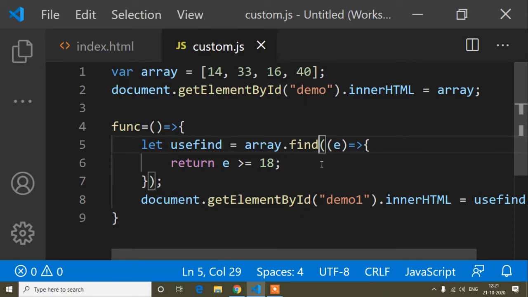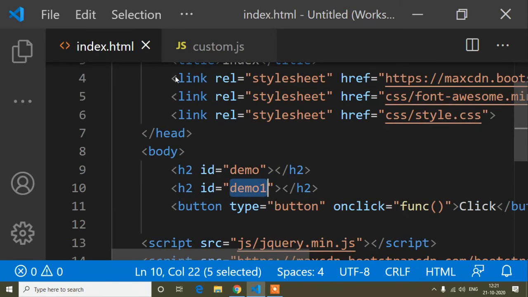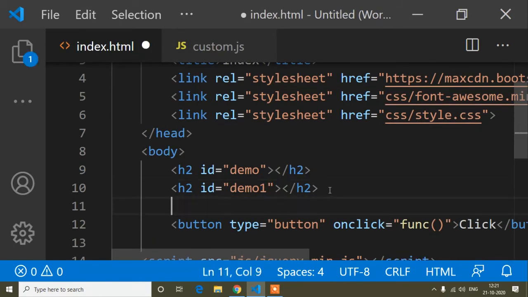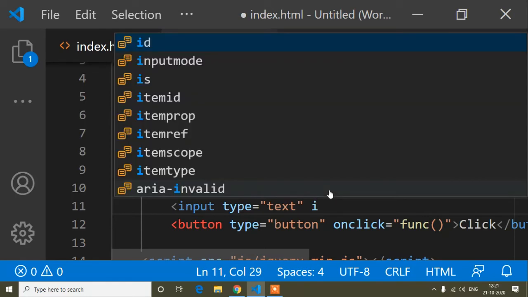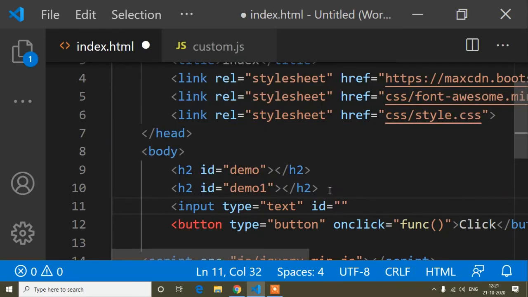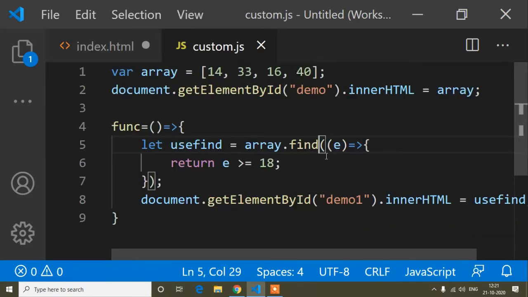And now I will show you that you can use it dynamically also. Here I add an input, the input type is text, and I will give it an ID, and the ID is input. Here I have written 18 statically, but now I will take this value from the input.